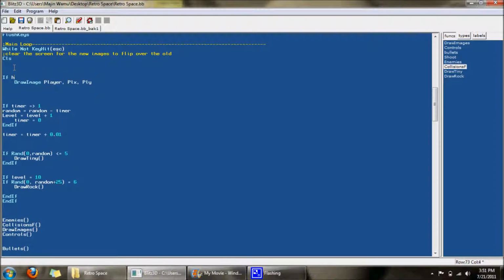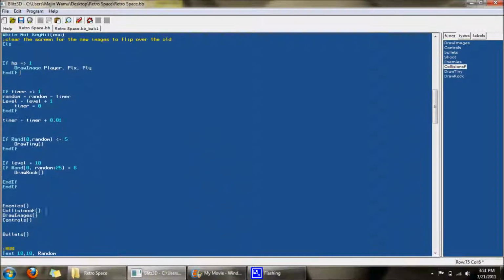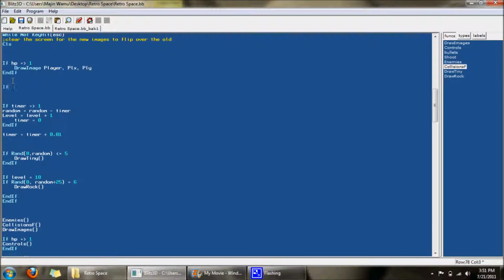Basically, if HP is equal or greater than 1, then you want to draw the player and keep them drawn. You want to disable controls if your HP goes into 0. So if HP, same thing as before, is equal or greater than 1, then allow the controls to run. If HP becomes equal or less than 0,